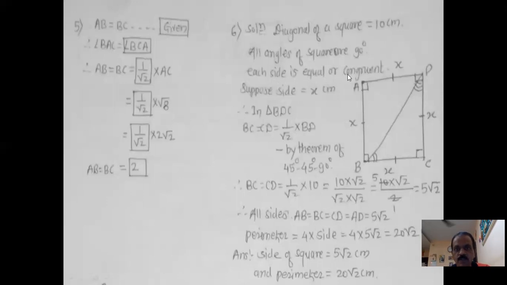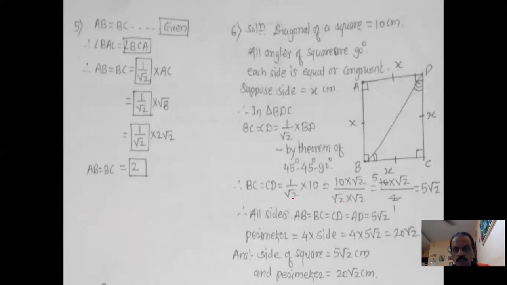Each side is equal or congruent, we say it is x. So suppose the side is equal to x centimeter. Now in triangle BDC, look here, what will we get? In triangle BDC, BC is equal to CD, is equal to 1 upon root 2 of BD. Then by the 45-45-90 degree theorem, BC is equal to CD is equal to 1 upon root 2 into 10, is equal to 10 into root 2 upon root 2